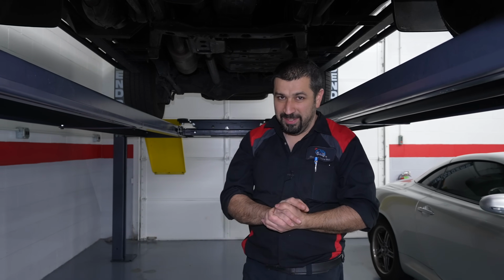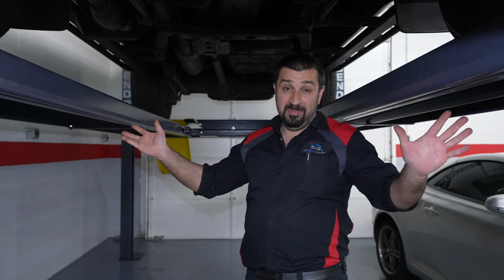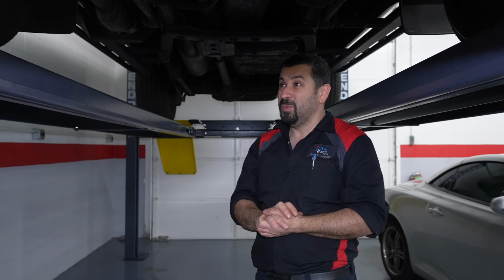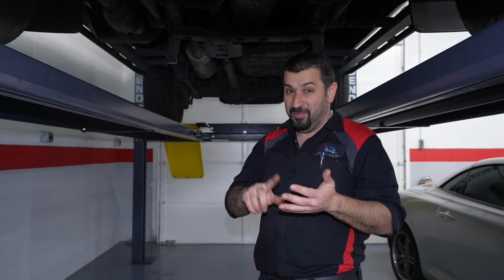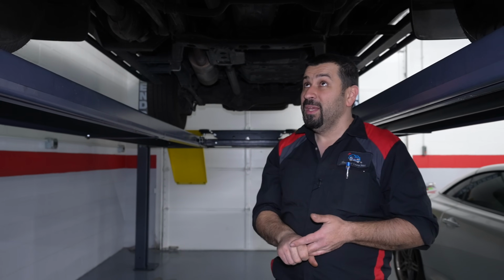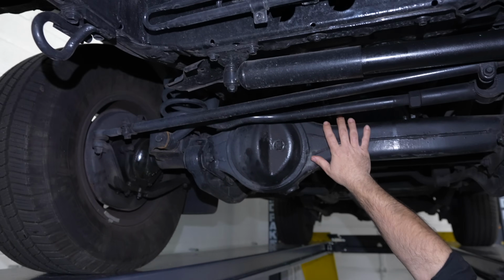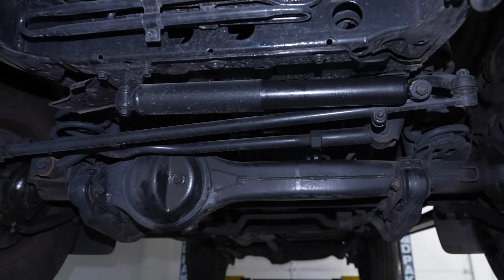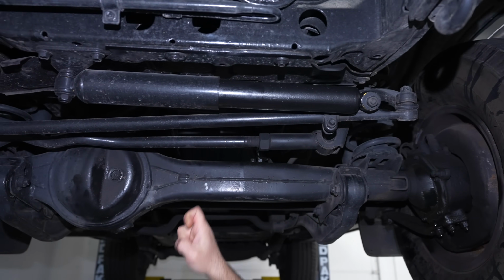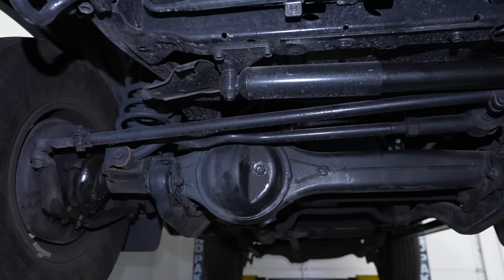Take a look underneath the 80 series Land Cruiser. Folks, this is a completely different generation of Land Cruiser. This is where they were truly a truck. And they rode like one, felt like one, and they were designed like one. I mean, just look at the front here. You have this magnificent view, a solid front axle. This was the last Land Cruiser to have a solid front axle,